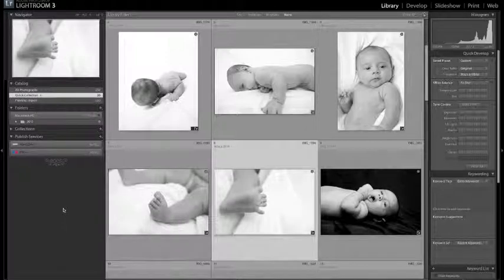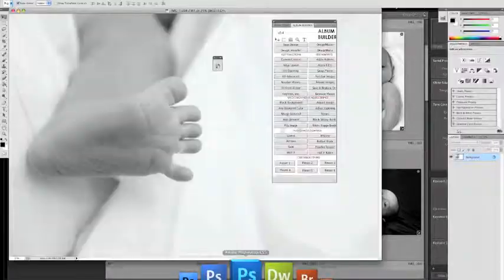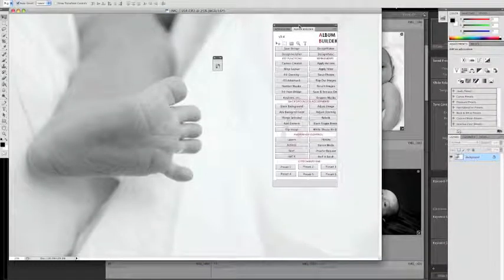I just got back from a baby shoot in the studio, and I'm getting ready to make an album using my full-size 58 RPG key and the new FUNDY-AB builder, which you can see right here. It is a plugin for Photoshop. We're using Photoshop CS5 for this demo video. So sit back, relax. We're going to walk you through how we've integrated the RPG key with Fundy's new album